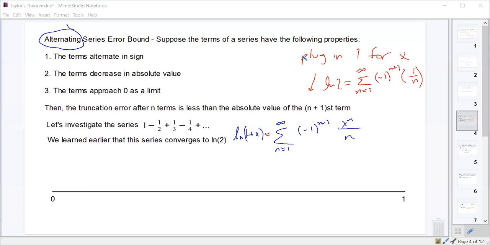let's first off make sure, does this series meet all 3 of these criteria? I think we already talked about that, right? The terms alternate in sign. They're getting smaller in absolute value, and it's going towards 0 as their limit, right? If I took the limit as n approaches infinity of this series, I would get 0, right? As n goes towards infinity, this is just 0 times -1 to the n plus 1, or 0. Okay. So